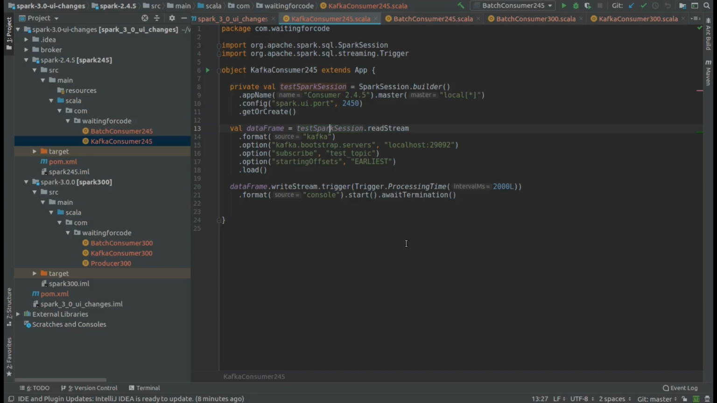In this video I will show you what changed in the Apache Spark user interface. And to illustrate these differences, I will execute two different Spark applications. One will be the brand new one running on top of Spark 3, and the other will be running on top of Spark 2.4.5. And I will start by showing you what changed